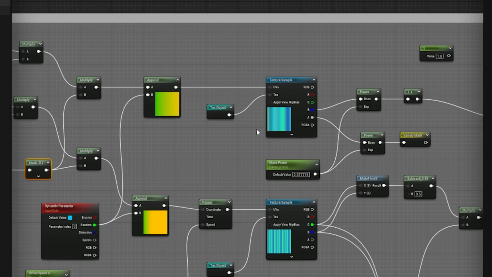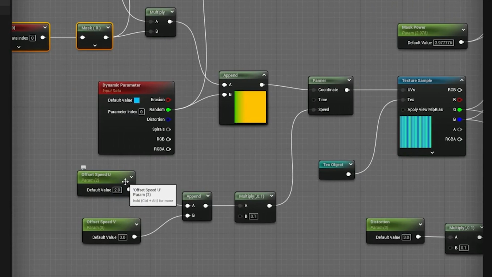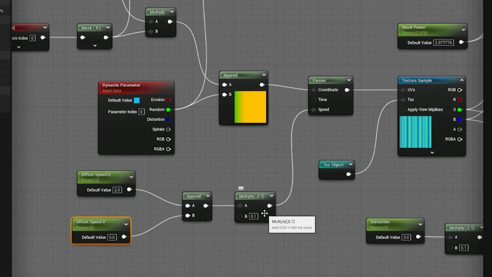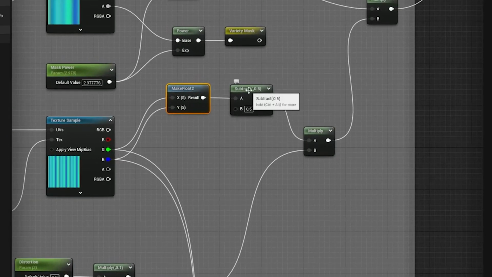For the masking part, since it's only for the sake of variation, we don't really need to offset over time. But for our deformation, we kind of want to do that. So I just have a value for the offset speed in U and V, append them together, just so the values are a little bit easier to tweak. And I use a panner node. And here, remember that we put our distortions on the green and blue channel of the texture, so we append them together and subtract by half. Because our distortions are on the texture, they go from 0 to 1, so we subtract, so we get them to minus half and half. And then we multiply by some intensity to tell how much we want to